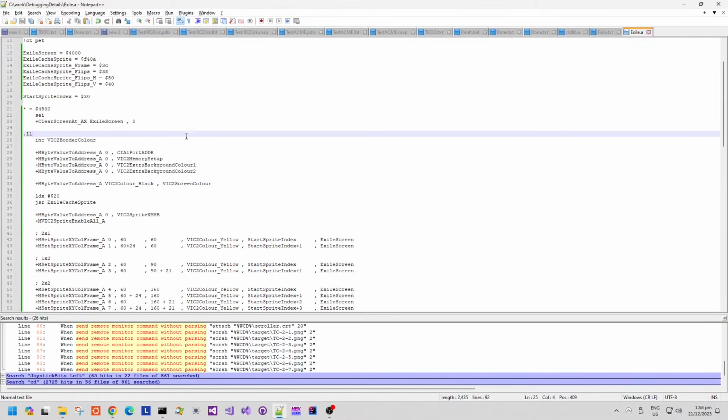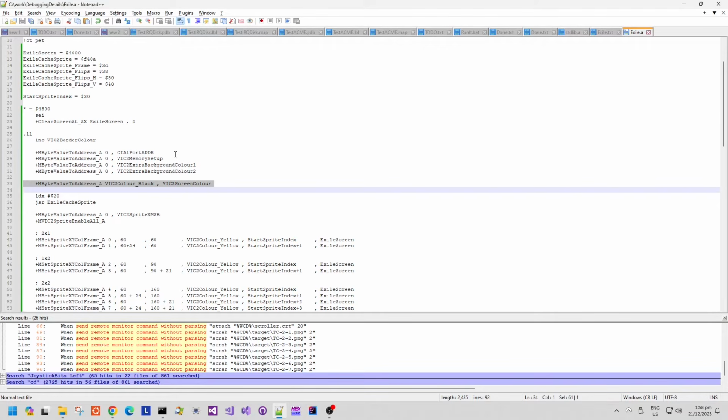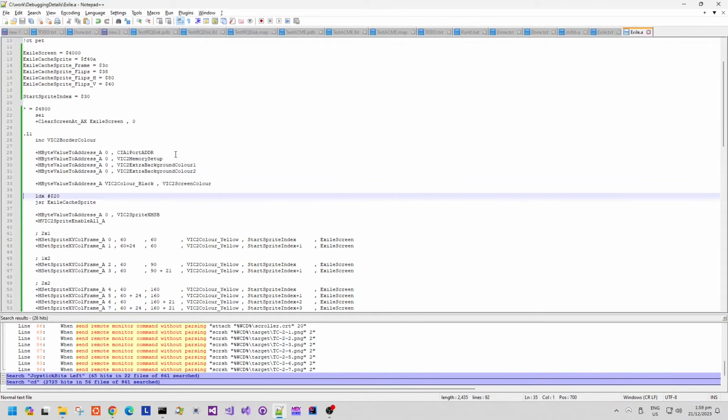It sets the interrupt flag and clears the screen memory first of all. It increments the border. It resets the joystick port, CIA port, data direction register, and it also sets up the memory so that it has a nice black screen. We don't really want the background there. And then it sets up the background, and then it basically does that call to decompress the sprite into a